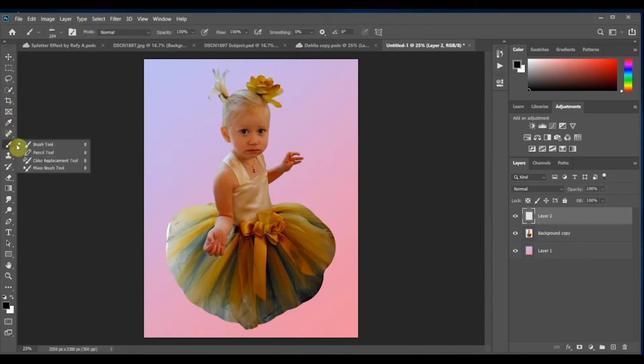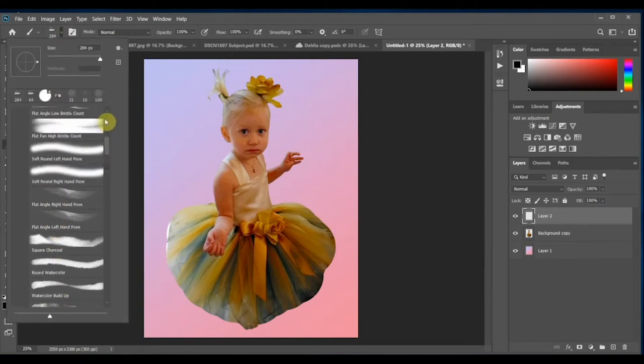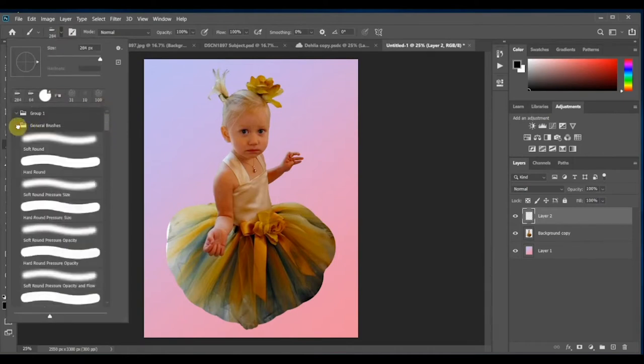I'm going to use my brush tool, and you want to select for your brush tool. I have a lot open. Let me scroll up to the top and get to the general brushes. And I'm going to choose a hard round brush. And you can adjust the size that fits. I don't want it to be too thick because